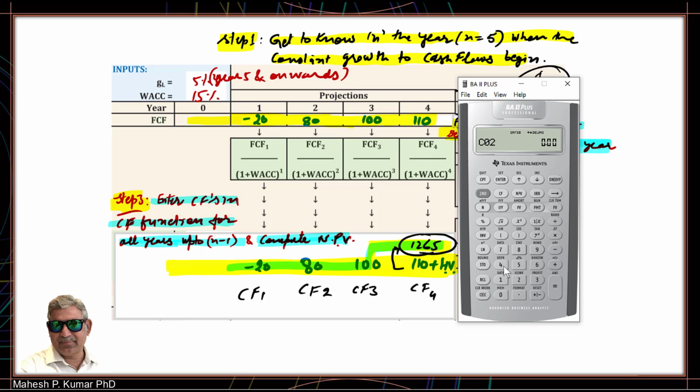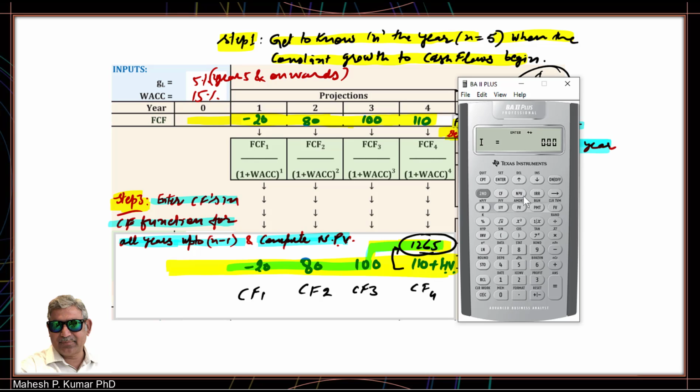The second cash flow is 80. 80, enter, down arrow, down arrow. The third cash flow is 100, enter, down arrow, down arrow. The fourth cash flow is, remember, 1265, enter, down arrow. We have entered all the 4 cash flows. Now we want to calculate the net present value. So we will hit the